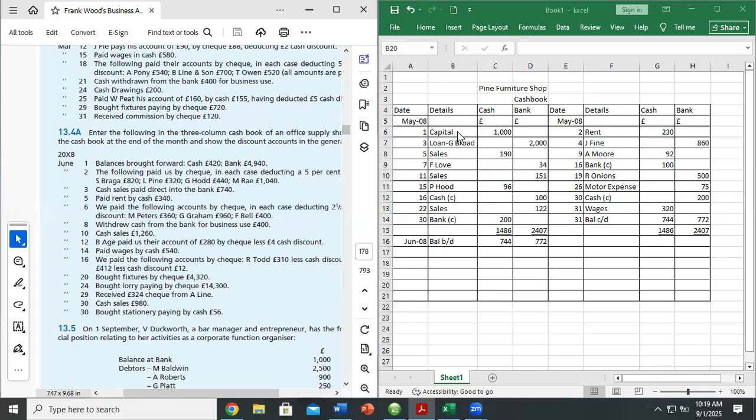So the first thing you have to post will be the capital, right? And as we know, the ledgers are five. We have sales ledger, purchase ledger, the cash book, the private ledger, and the general ledger. I think I've indicated what